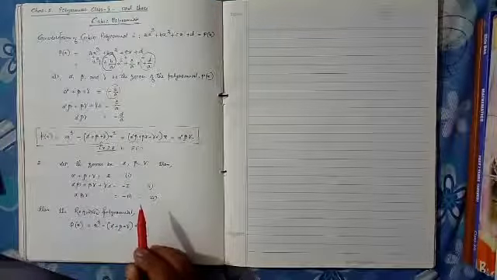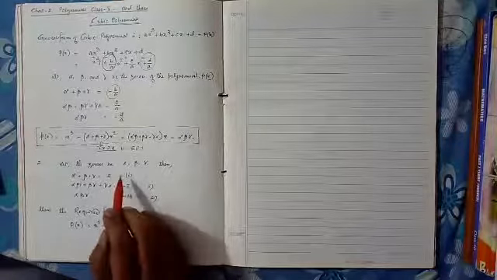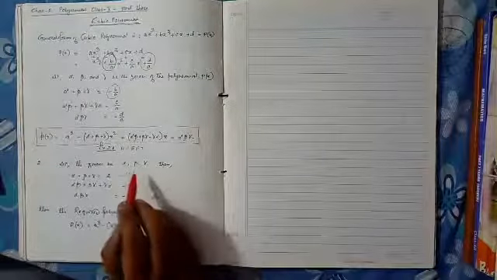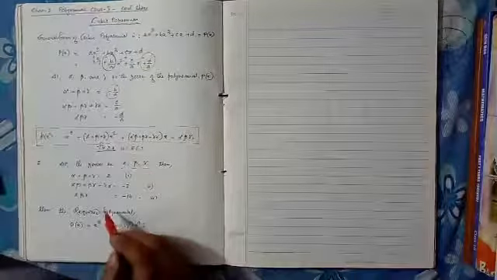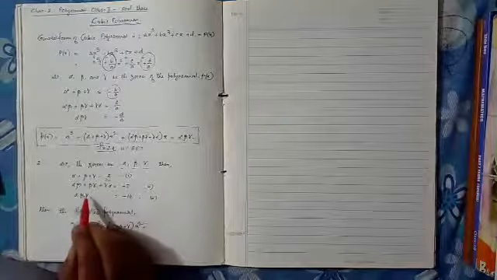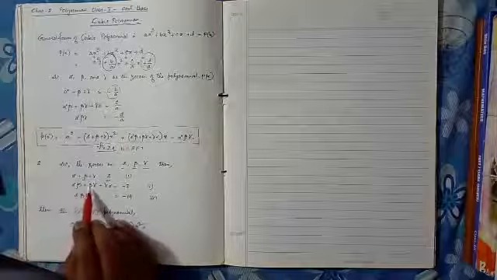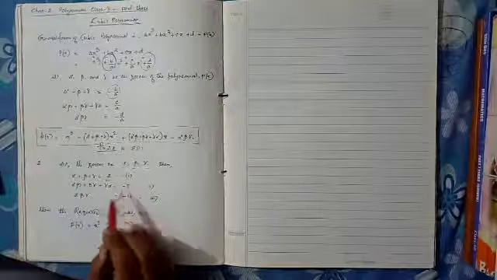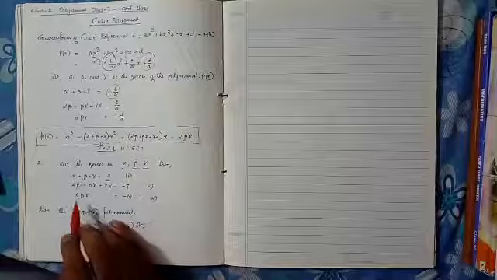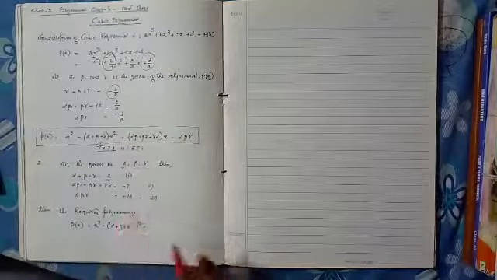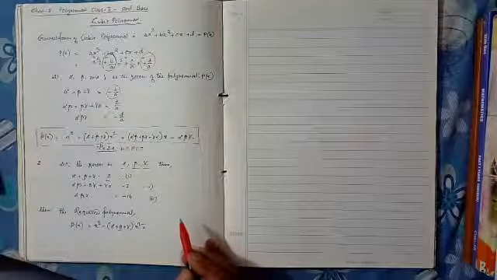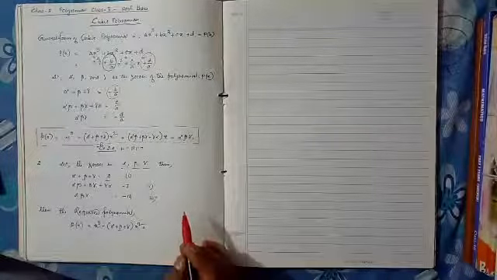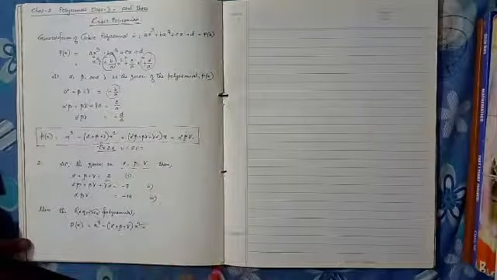So what are we given? If we assume that the three zeros of the cubic polynomial are alpha, beta and gamma, then alpha plus beta plus gamma is equal to 2. Alpha beta plus beta gamma plus gamma alpha is equal to minus 7. And alpha beta gamma is equal to minus 14. Okay, so let us put the values. So what will we get?